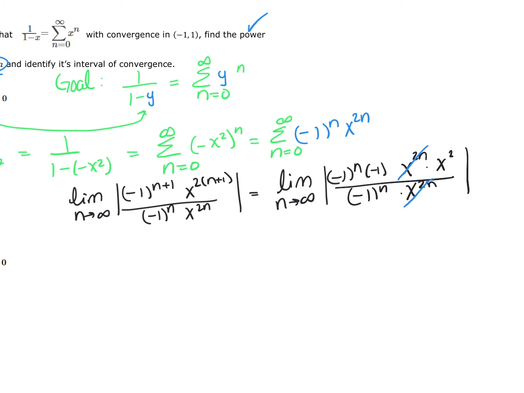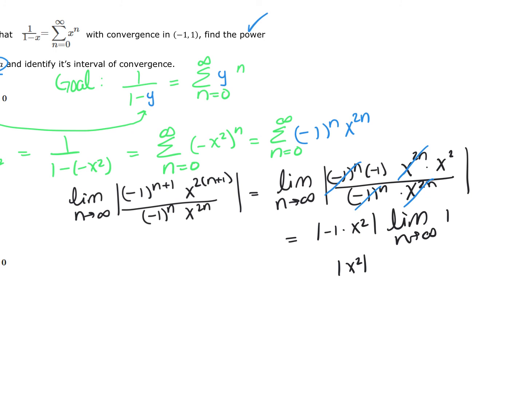This cancels to this cancels to this, and I am left with the absolute value of -1 multiplied by x squared times the limit as n goes to infinity of just 1. So this is going to be the absolute value of x squared,